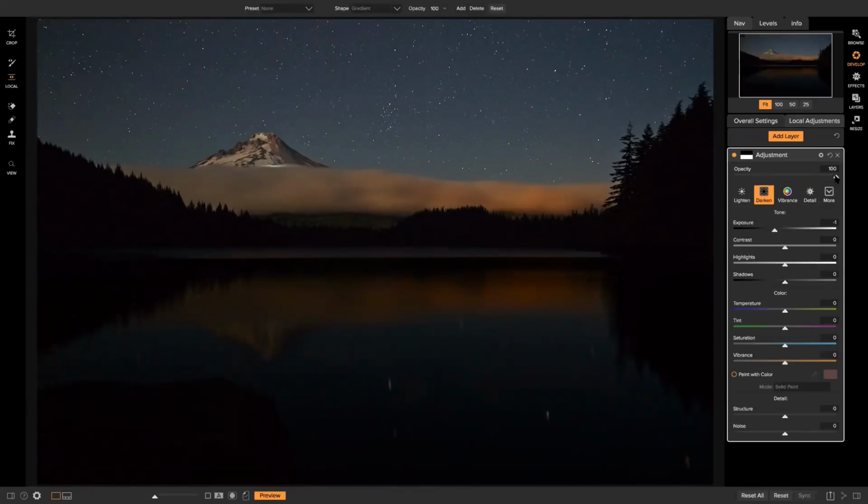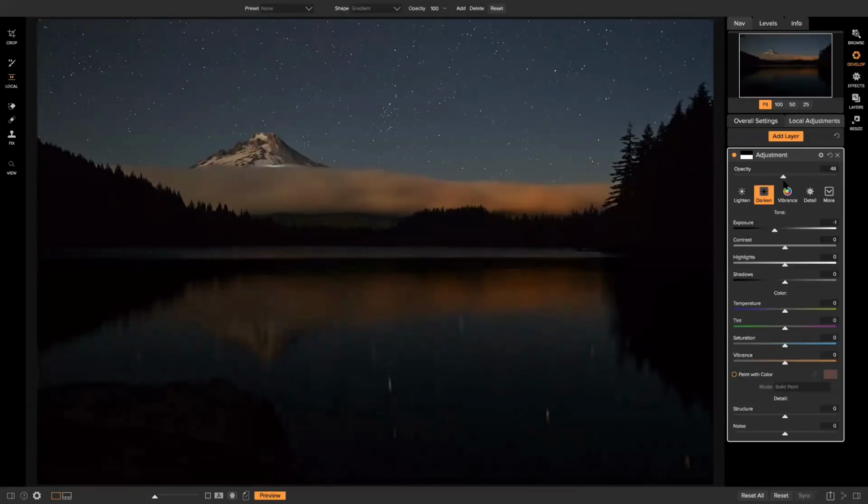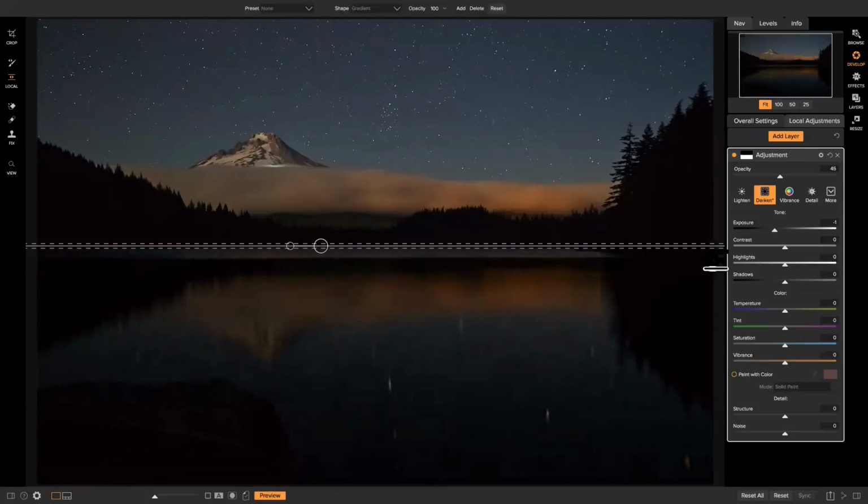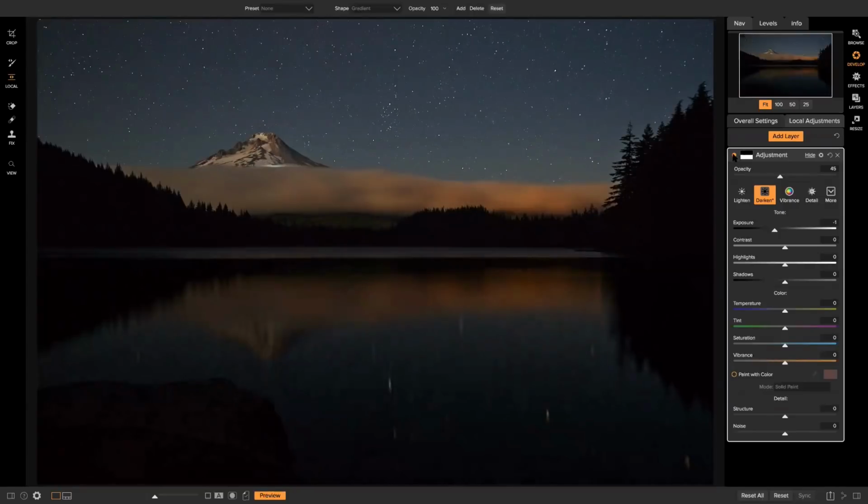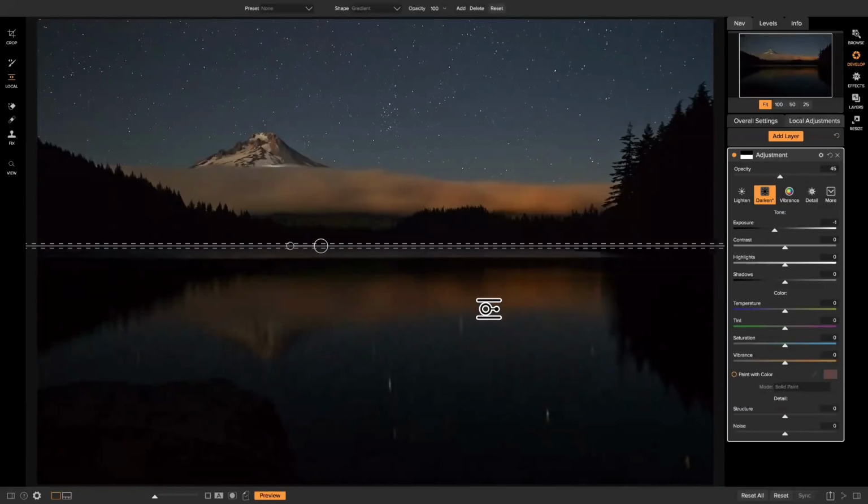And then in local adjustments, you can either pull up on the exposure to make it less, but what I like to do is head over to my opacity and pull it down a little bit, just so that it blends better with the actual photo. And now if we turn this on and off, it does a great job of subduing this area on our shot and making it a little less